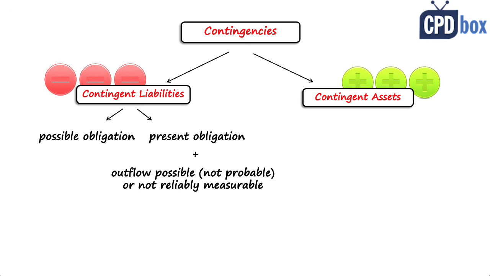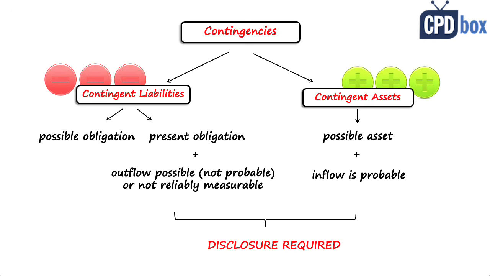Contingent asset is something similar. It's a possible asset that arises from past events and whose existence will be confirmed later, either by occurrence or non-occurrence of some future events. Neither contingent liabilities nor contingent assets shall be recognized in financial statements. That means no accounting. But we must disclose their existence, their nature, estimate of financial effects, and indication of uncertainties, possibility of any reimbursement. So disclosures are made in the notes to the financial statements.